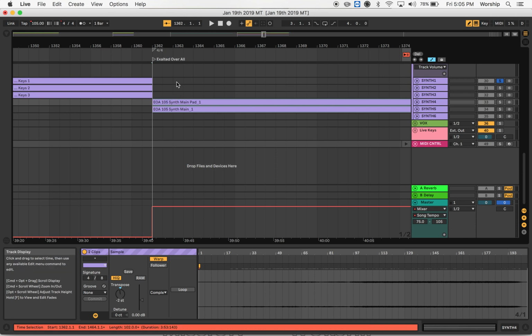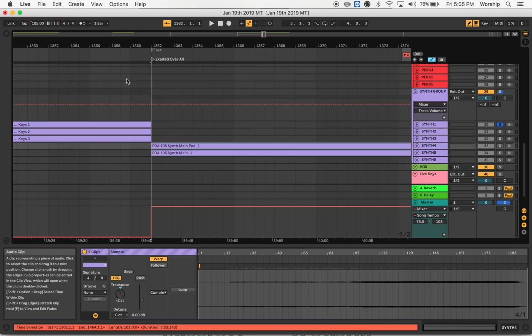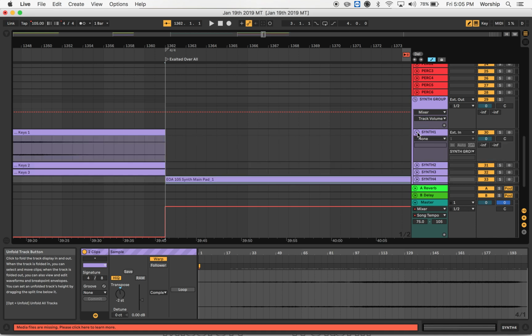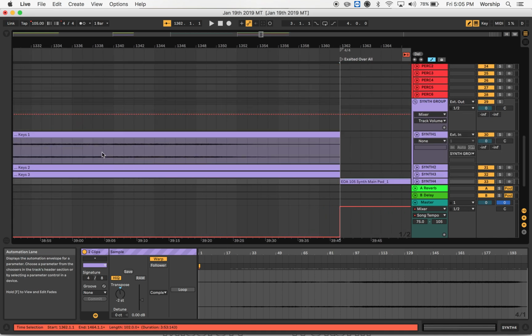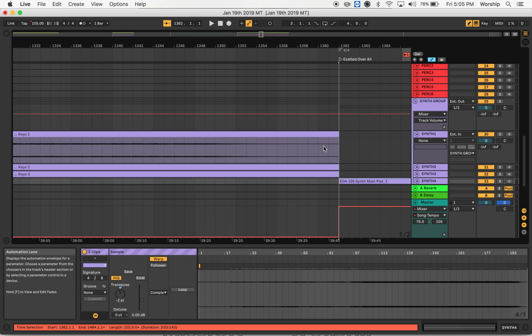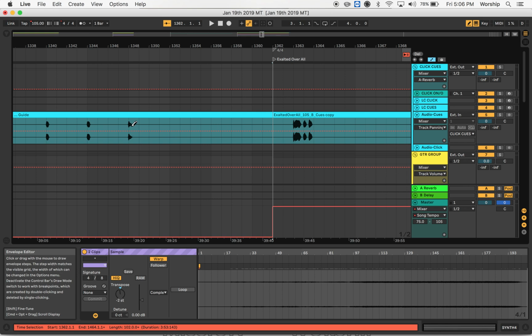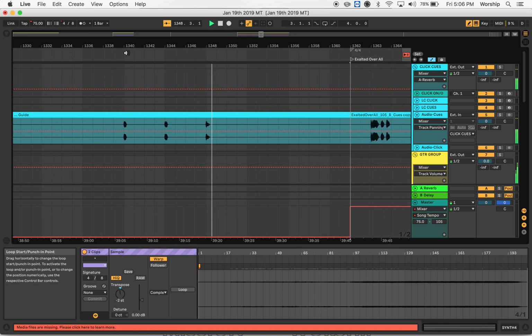And I want to make sure I unsolo that. But you see here how this is playing, but it fades out here. So I'm going to look up here, and over here's my ending. This is where it says ending, right? Ending.